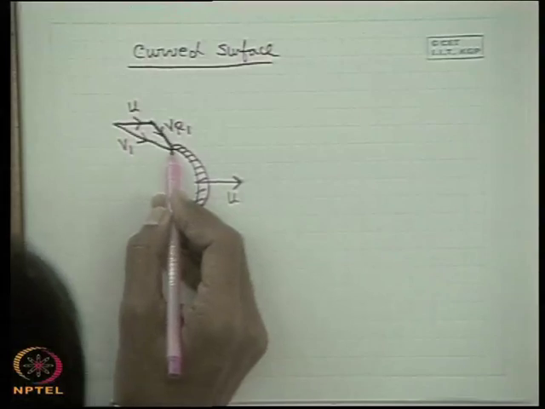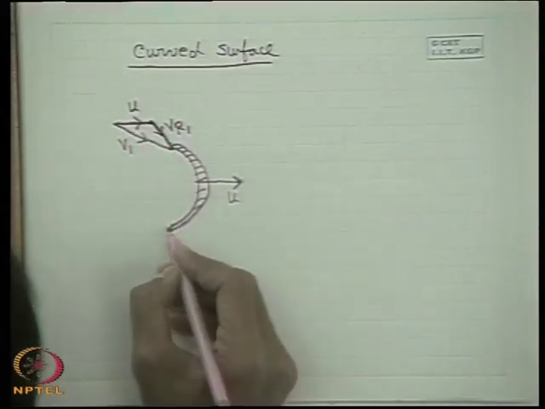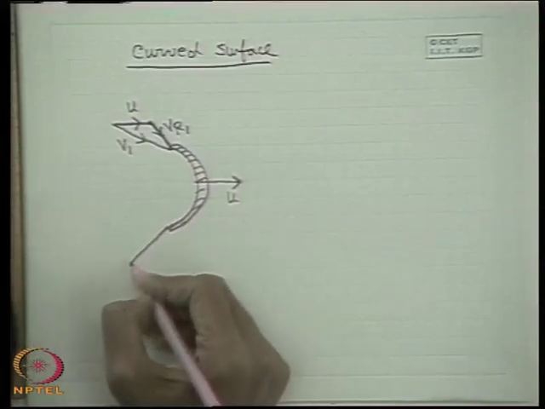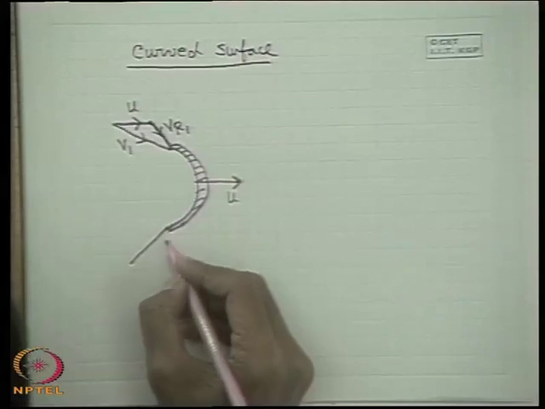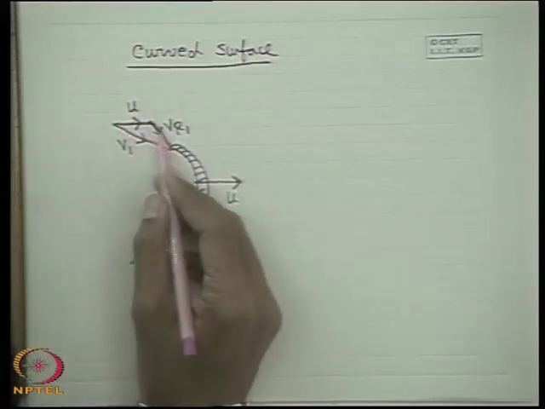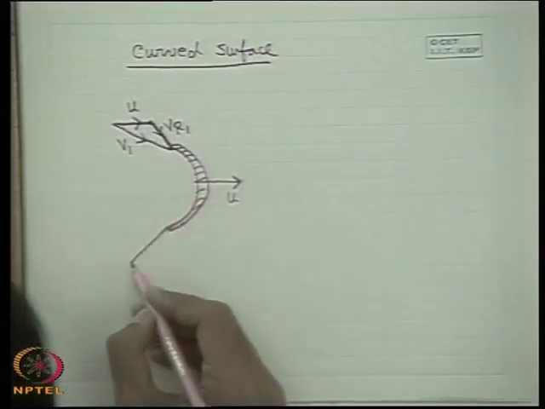This is the absolute velocity and this is the relative velocity. Similarly, we have this relative and the absolute velocity. Well, Vu plus Vr is therefore